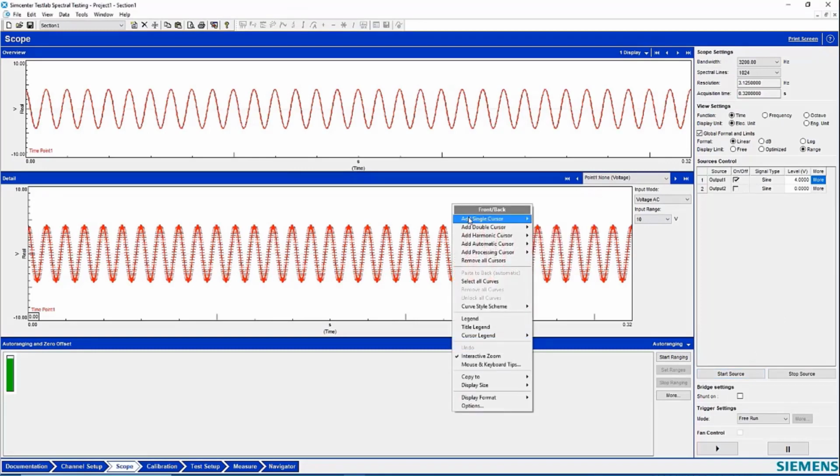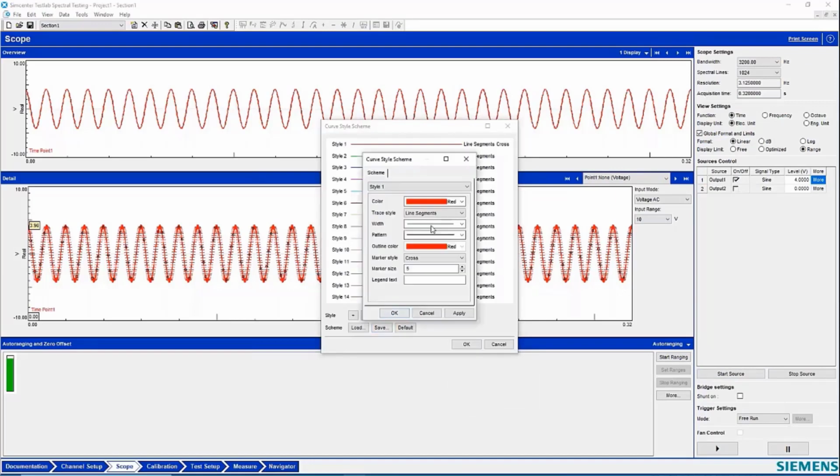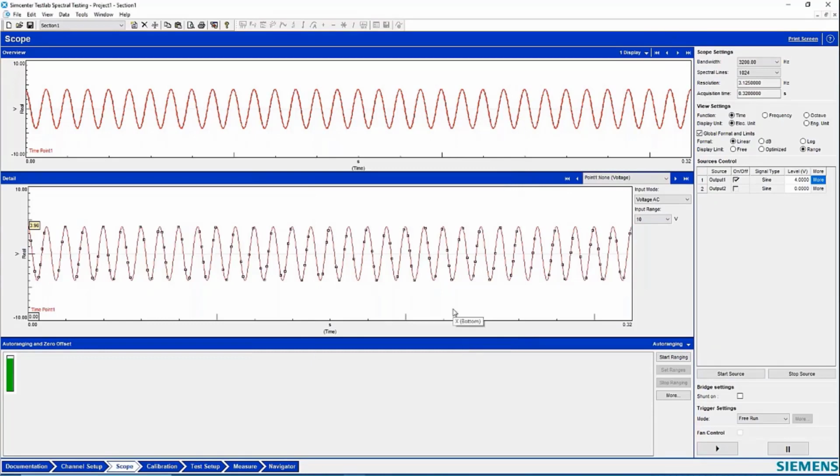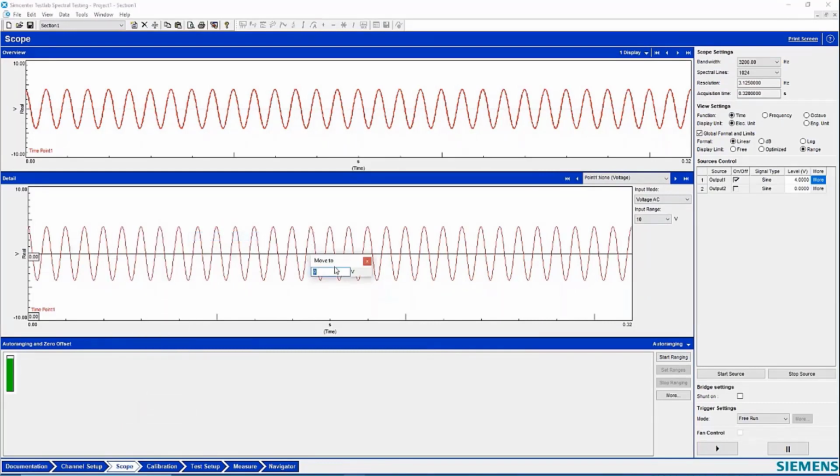Do you see a sine wave, Charles? Yes, I do. Very nice sine wave. Yeah, it's looking nice. So let's think about this sine wave a little bit. Is it 4 volts? If I put a cursor on here and I double click, I can say move to 4 volts. Looks like I'm capturing the amplitude pretty accurately. Yeah, I'm digitizing this thing.